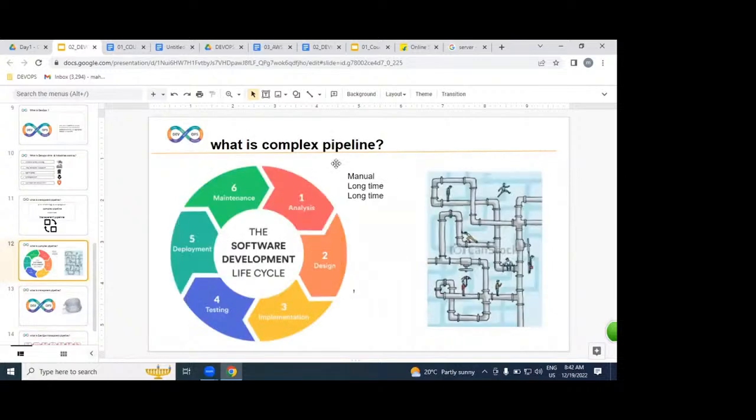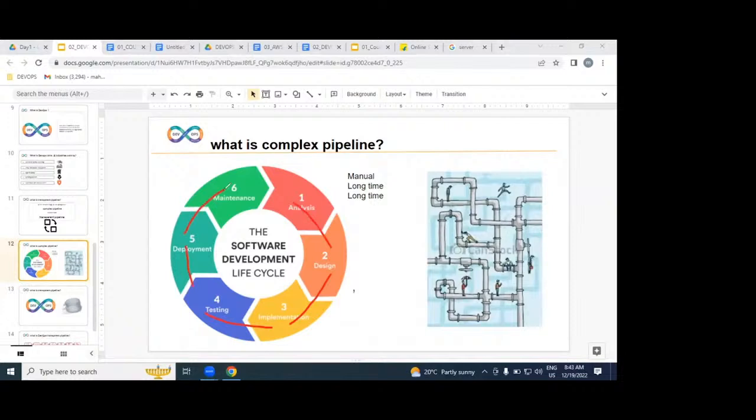Why do we call SDLC complex? Because it is not automated, it is a manual process, from analysis to design to implementation, testing to deploy to maintenance.